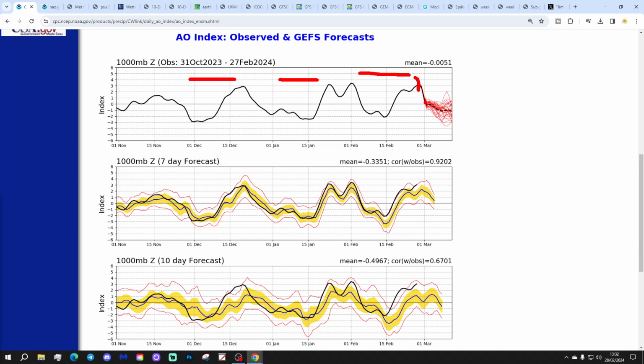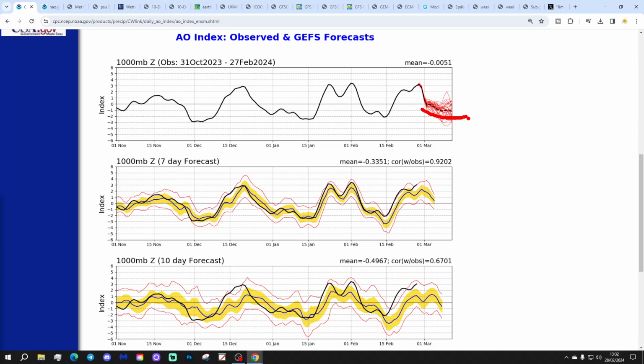It will be coming down to around neutral though when we get into the beginning of March, and then might actually go negative as we push on through the first half and into the middle part of March. So could that be an indication that the SSW is beginning to have an impact? Check out Strat Watch for more about that. Possibly, it could be a sign that the SSW is beginning to have an effect on the troposphere, I should say, with the AO going into negative territory there.